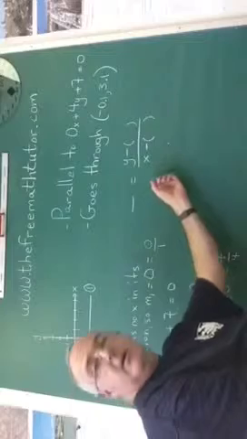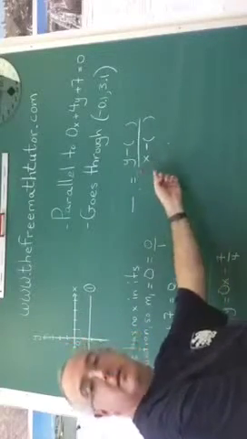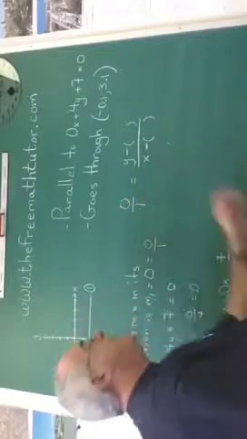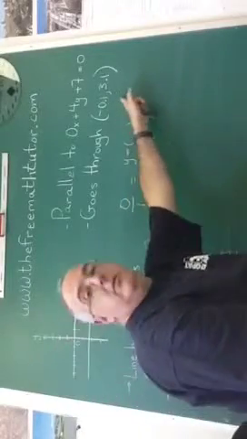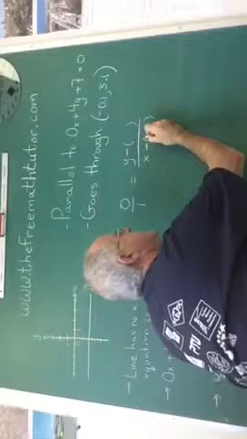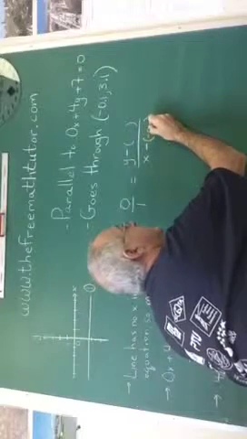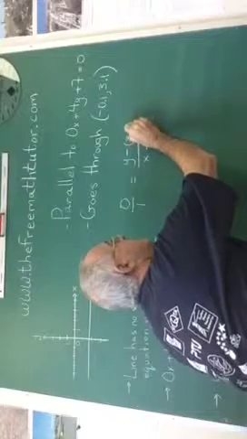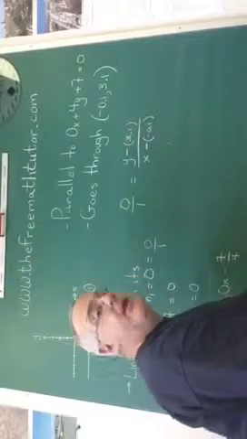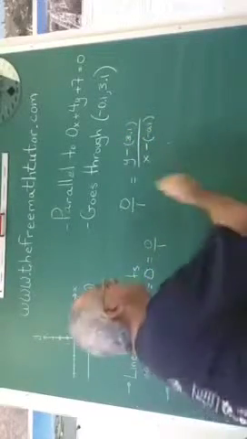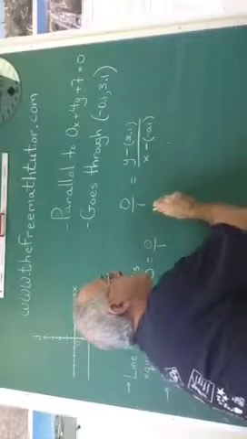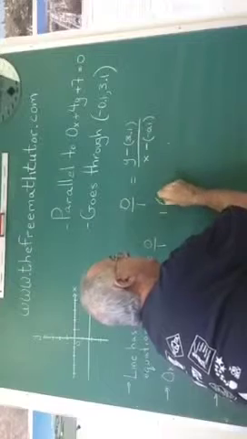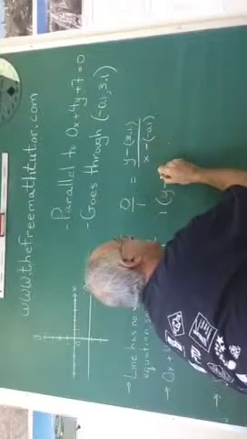That means I can plug the slope 0 over 1 into the slope formula, and I can put the point that I was given into this position. Negative 0.1 goes here, my x-coordinate, and 3.1 goes here, my y-coordinate. The next step is to do a cross multiplication. Bottom times top equals top times bottom. 1 times y minus 3.1